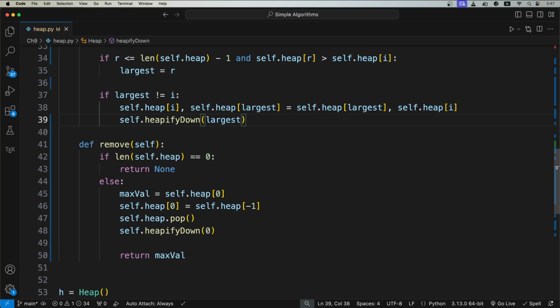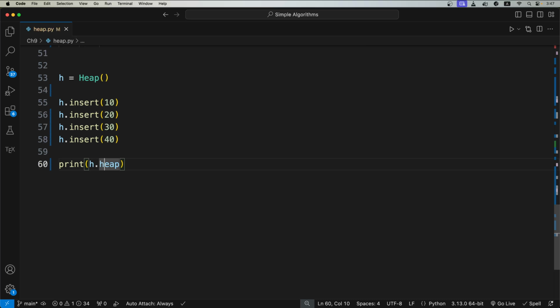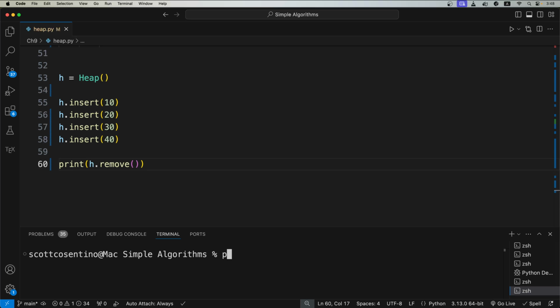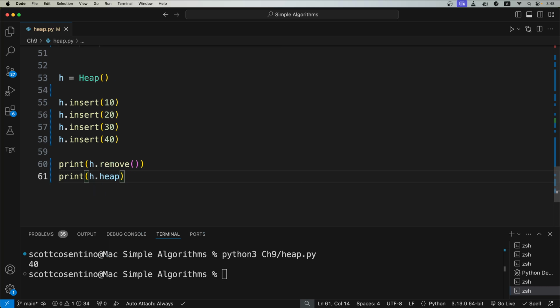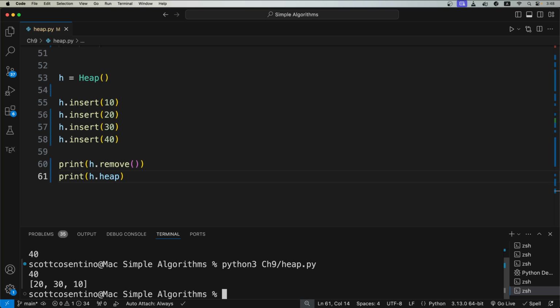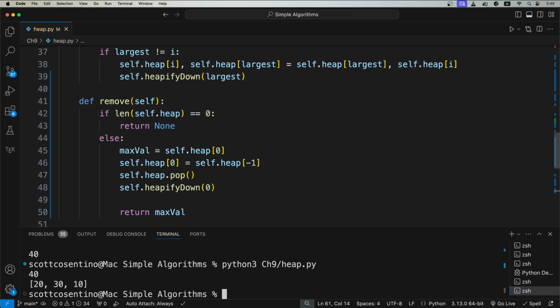Now let me show you what actually ends up happening when we do this removal, right? So I have this heap right here. Let's do a remove on the heap, and let's just see what ends up getting returned back, right? If everything works out properly, we should see that 40 gets returned back. And if I print out the value of my heap, what you'll see is that the heap then has these different values here. And what I can actually see here is that it looks like it didn't quite swap properly,